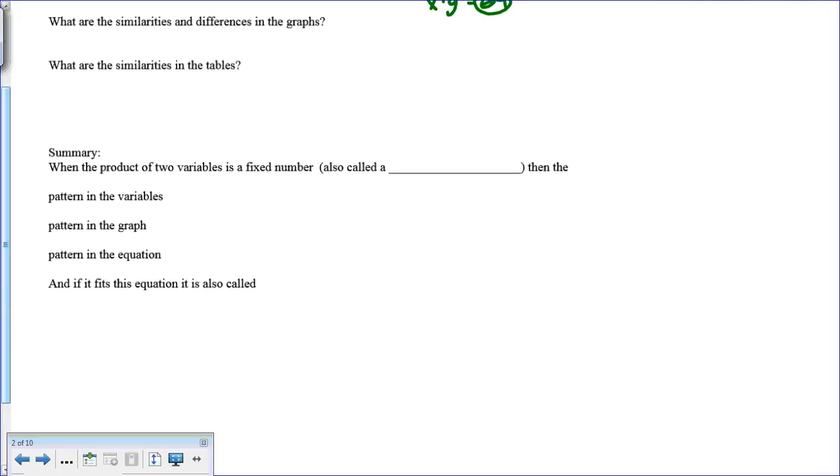All right, so when the product of two variables, what does the word product mean? Multiplication, right? So that means when we multiply two variables, so when the product of two variables is a fixed number, also called a constant,